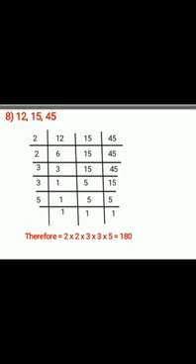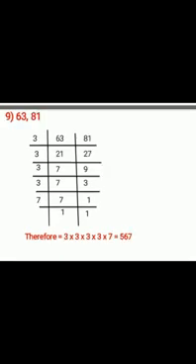Now this 3, 15 and 45 is divisible by 3. So you write 3 1s are 3, 3 5s are 15 and 3 15s are 45. Now left is 5 and 15. So 5 and 15, 5 is divisible by 5, but 15 is divisible by 3. So you will write 5 as it is, and 3 5s are 15. Now 5, 5 is divisible by 5. So you write 5 1s are 5, 5 1s are 5. Therefore LCM of 12, 15 and 45 is 2 into 2 into 3 into 3 into 5, which is 180.